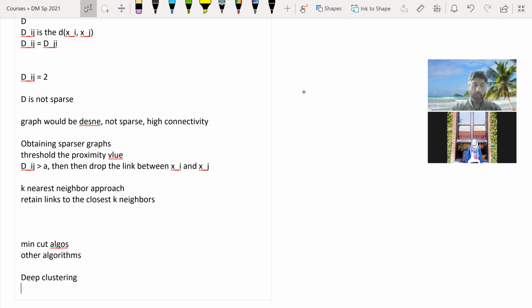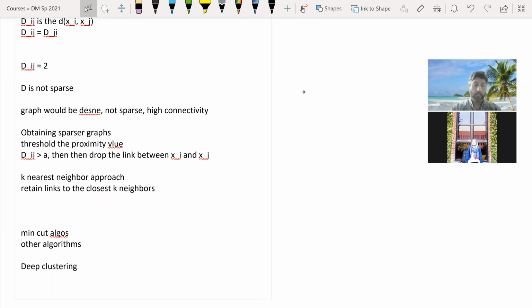So one of the main motivations for deep clustering is that, so actually there are two main aspects to this. One is, of course,